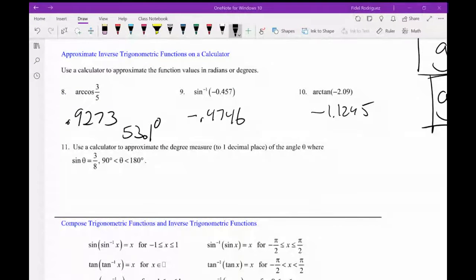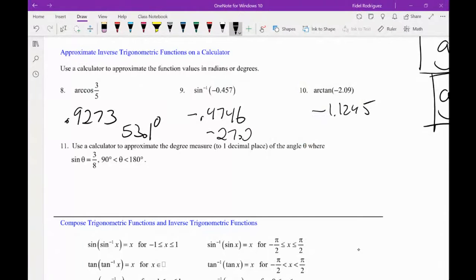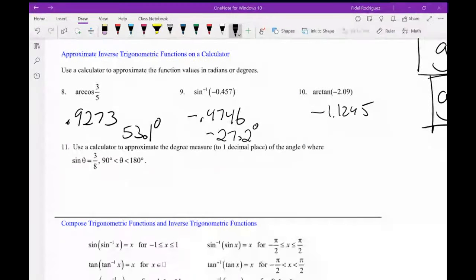Okay. And let's do the same thing over here. So sine inverse of negative 0.457. And I'm coming up with negative 27.2. Right, because we're rounding to 1 decimal place. And then one more time, arctangent of negative 2.09